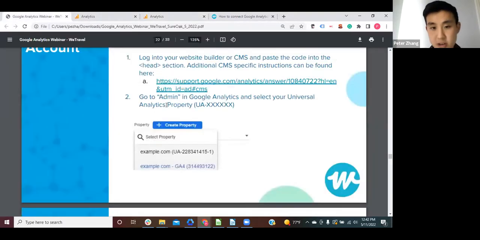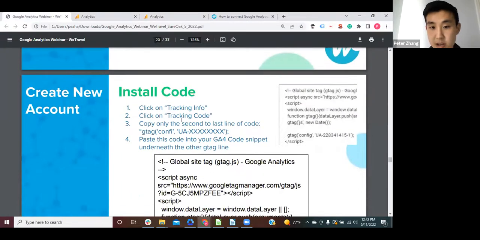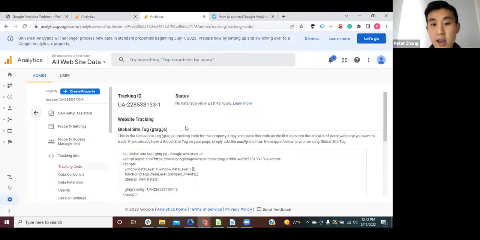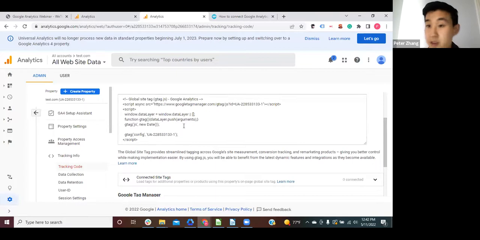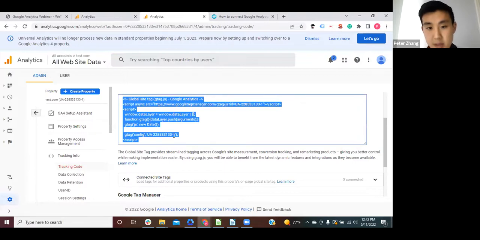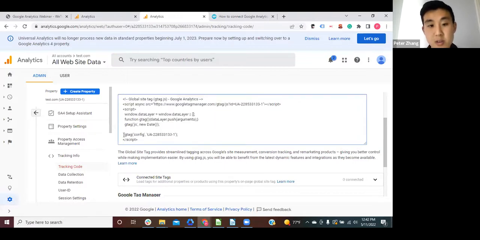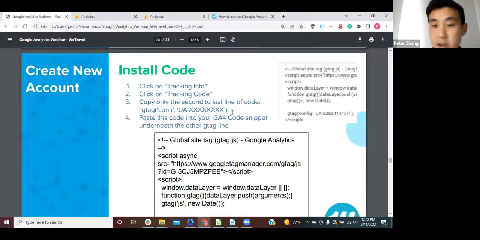These instructions should be in here as well. And here, now we have a very similar looking code, but the difference is this is tracking for the UA code. It's also tracking up there. And so what you just have to do is copy the second to last code line and append it to the other code block you had originally pasted.